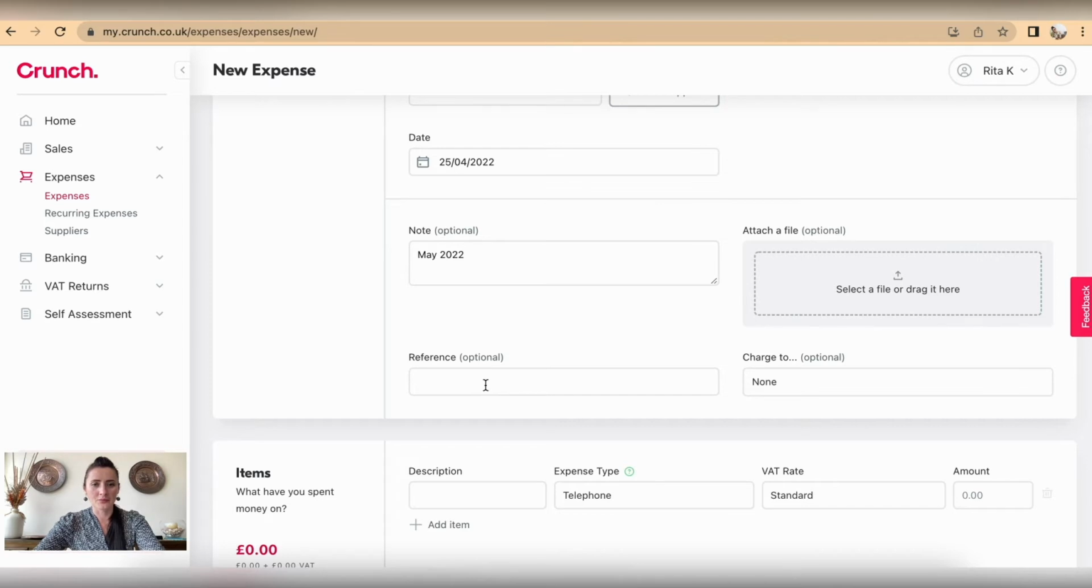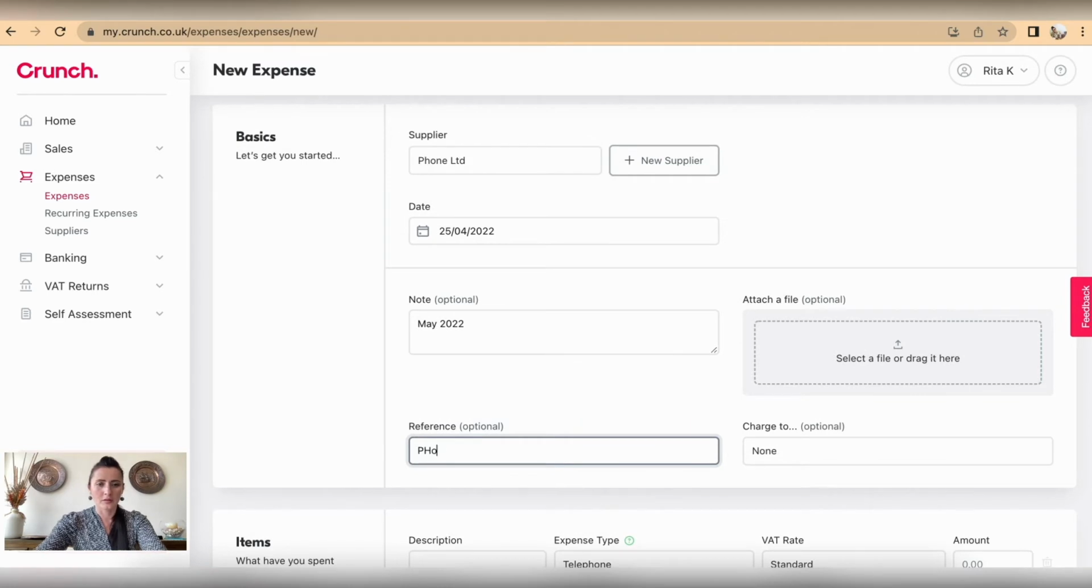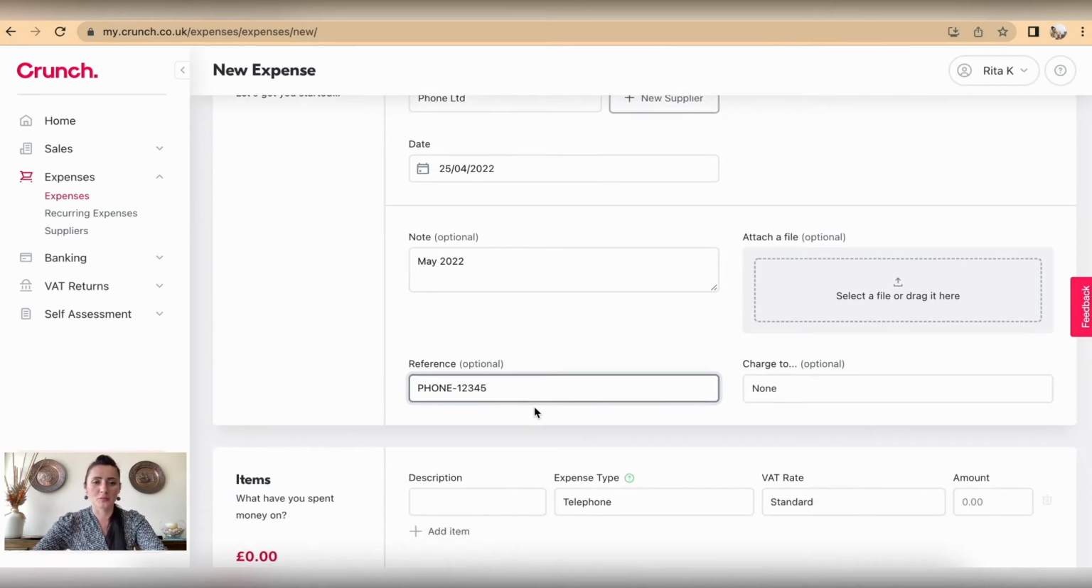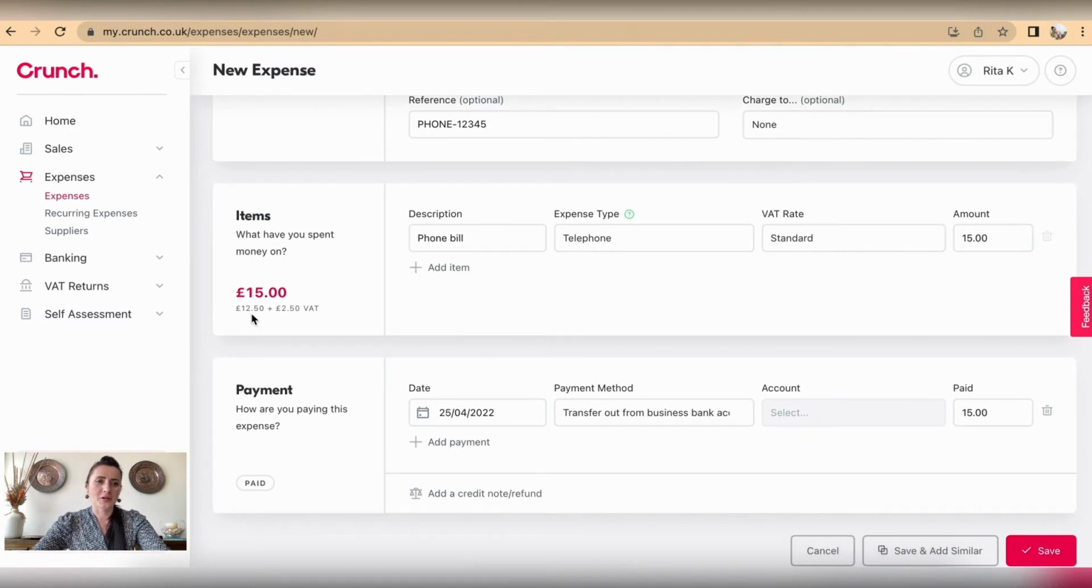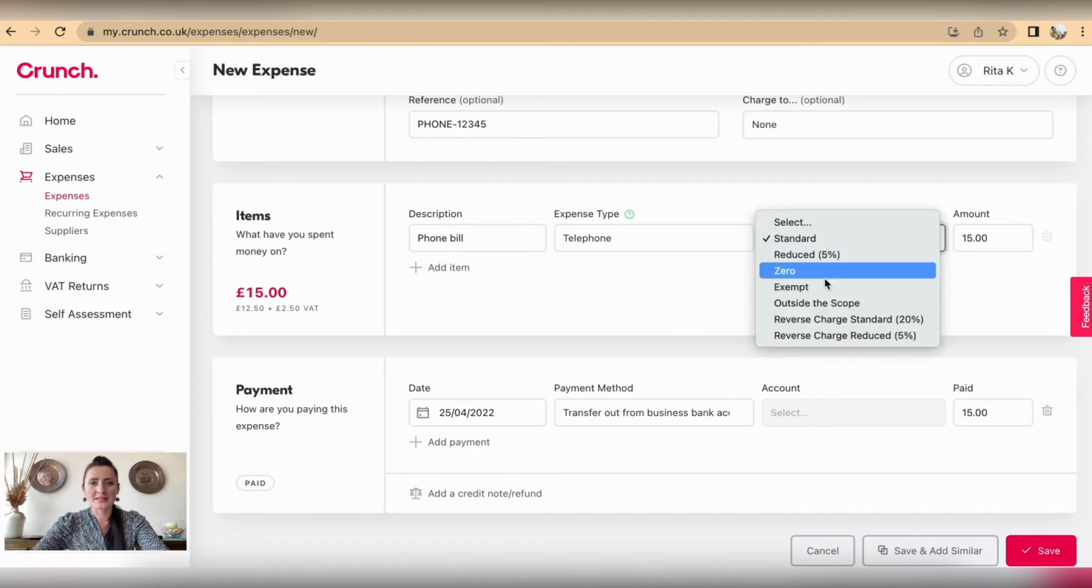So for example, it would be an invoice number from the supplier. So I have phone. So that's my supplier invoice number. Okay, and now under the item section I will add a description, so it will be phone bill. Expense type is already defaulted to telephone. Standard rate and amount I can select as I have £15. So it's already broken down to 1250 plus 250. If there is a different VAT rate on the supplier invoice, you can select one of those available from the drop down